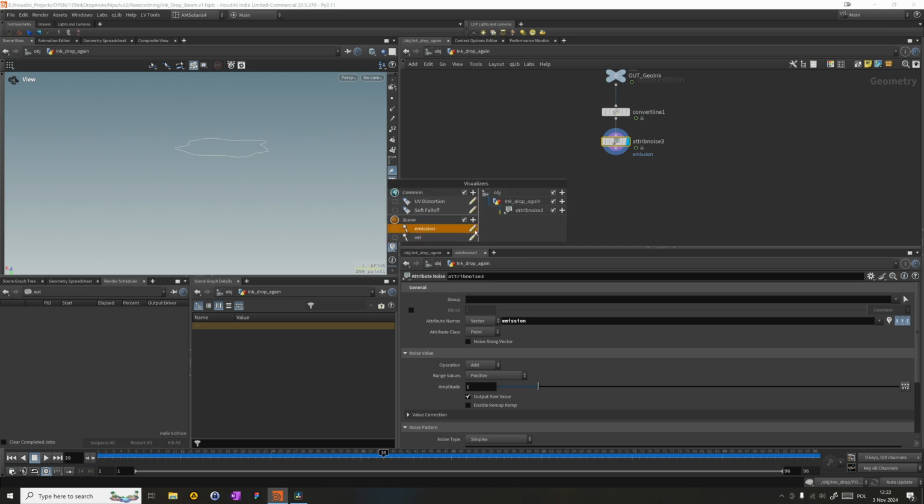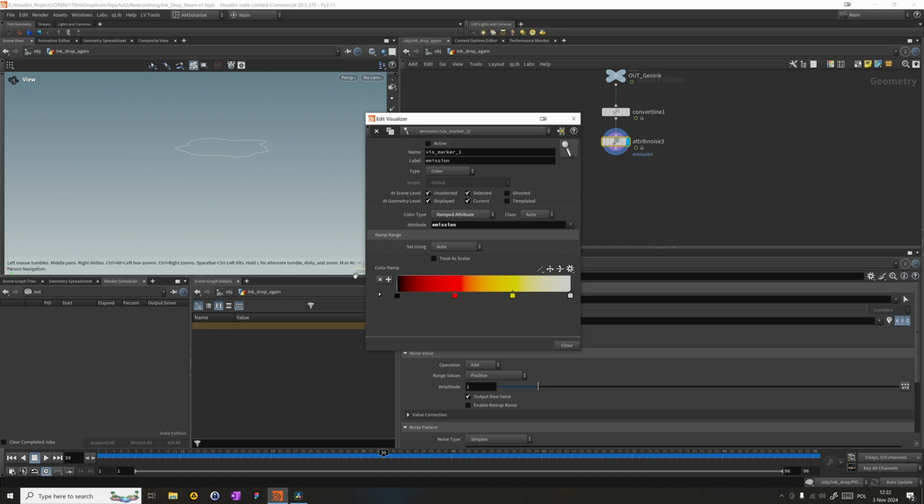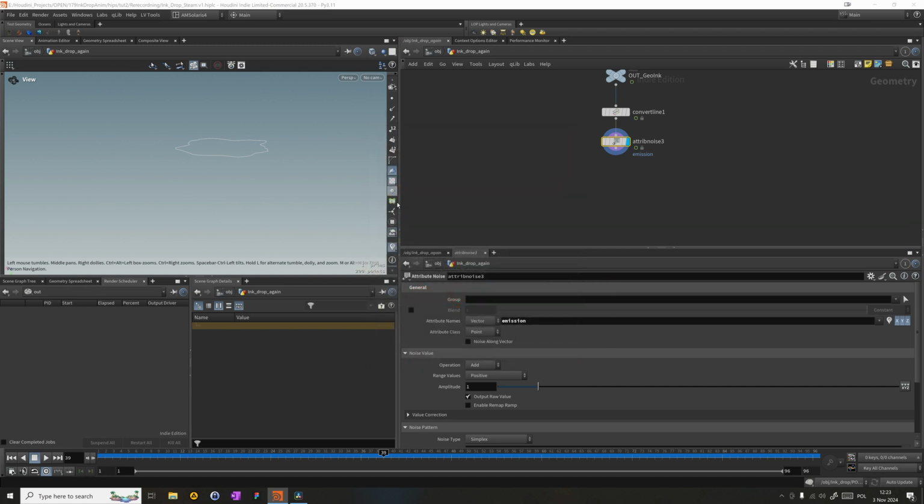It will probably be called something else, and then change it to whatever you'd like. I use color and use the color type as ramped attribute, and the attribute is emission, with the ramp being black body. So when I use this emissions scale here,